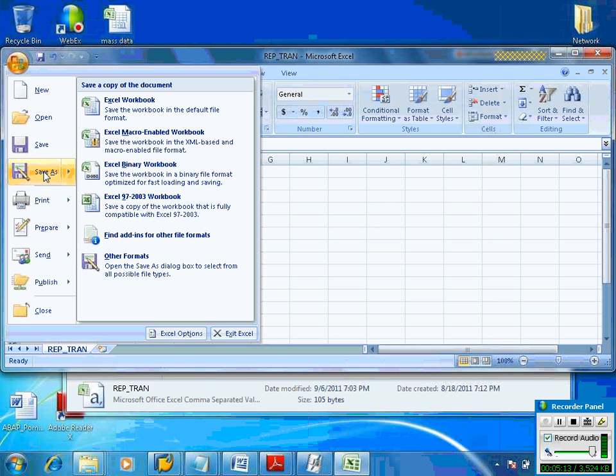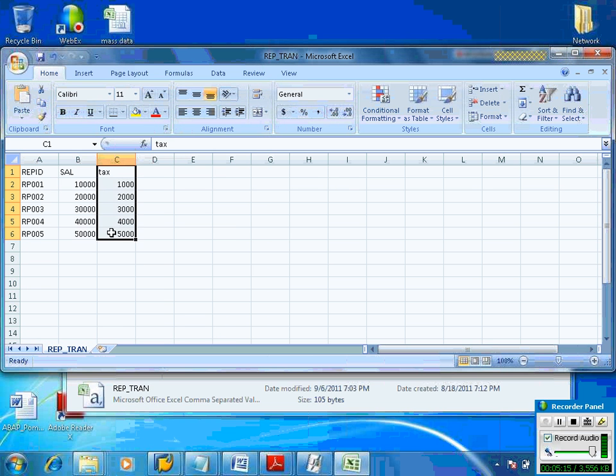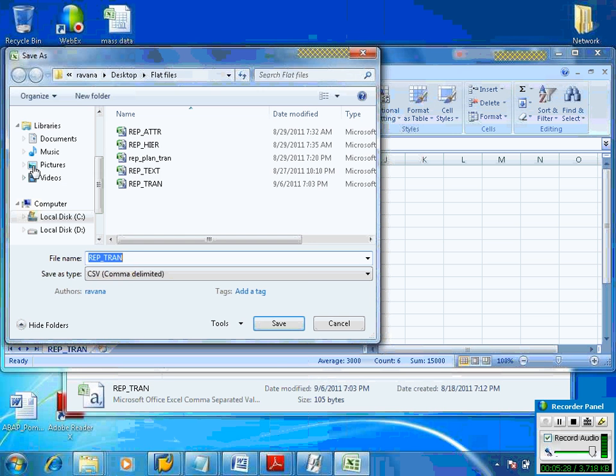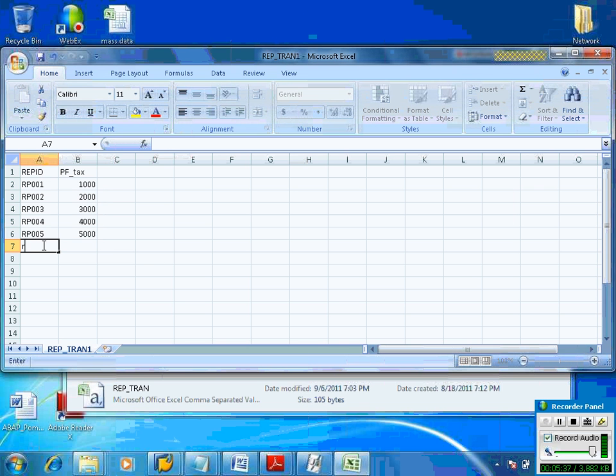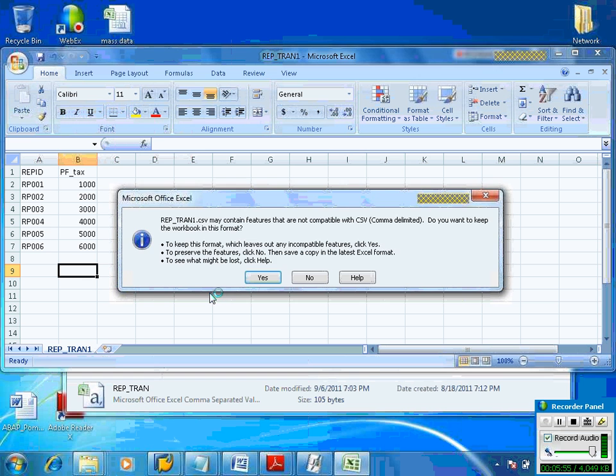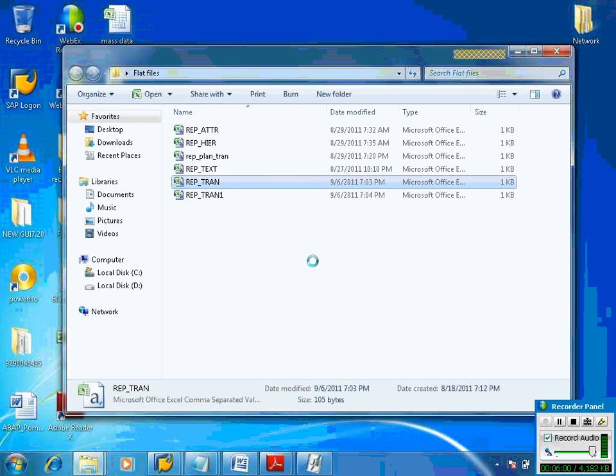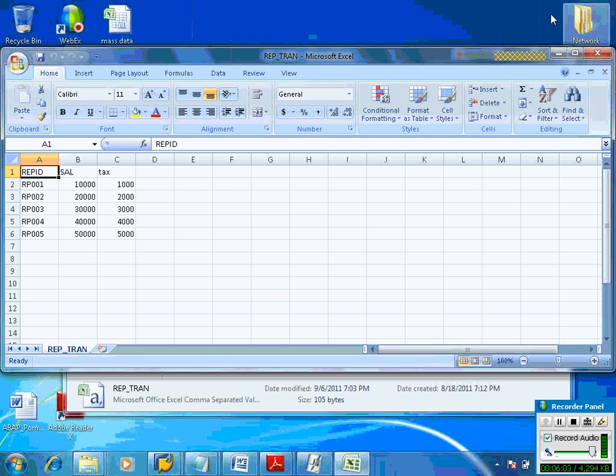Professional tax. We have one file with 5 records.